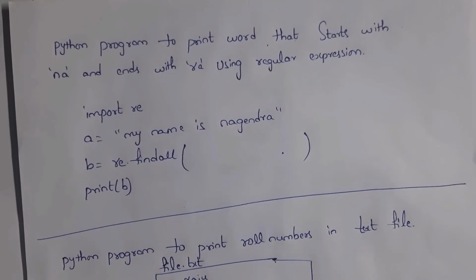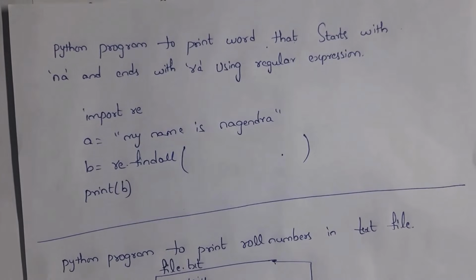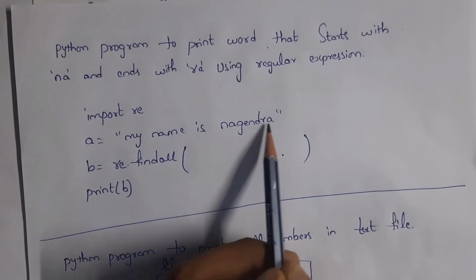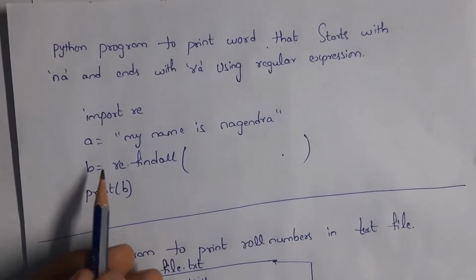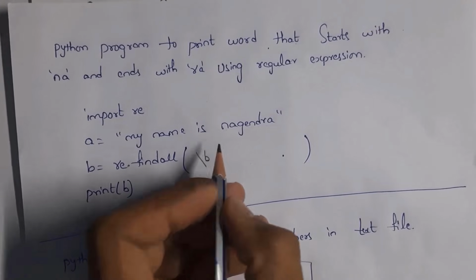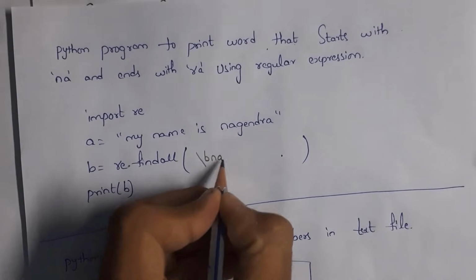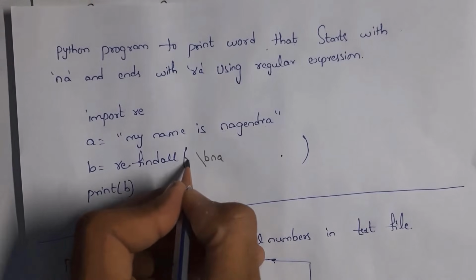Next I will explain a Python program to print a word that starts with NA and ends with RA using regular expressions. In this text, Nagendra starts with NA and ends with RA. Now I want to print this Nagendra. So write B equal to re.findall. Write \b. The first two characters are NA. So write NA. And whenever you take \b, definitely you need to write R, where R stands